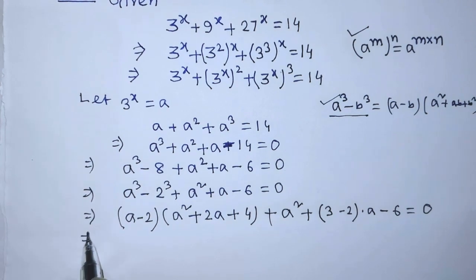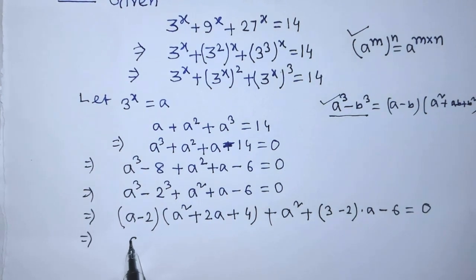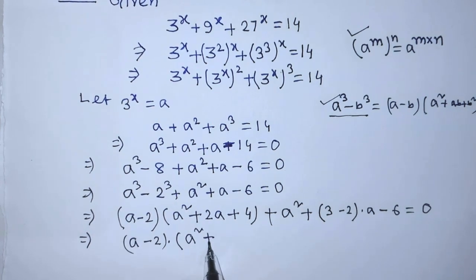So student, now again you have to write (a - 2) times (a^2 + 2a + 4)